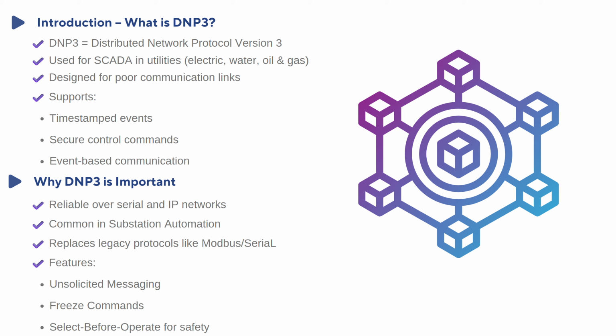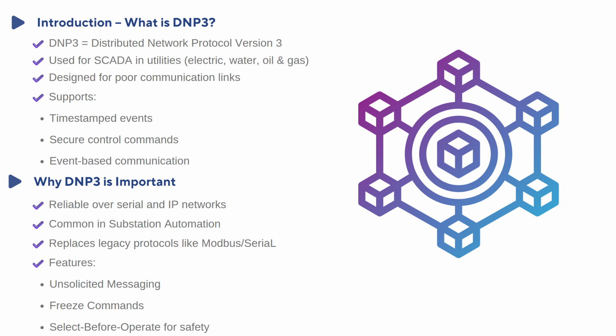Then there is secure control of commands. We have different command function codes available in DNP3, like write, select, operate, and direct operate. What is the use of these commands? Suppose there is a critical application like a circuit breaker, where two types of commands are available. One is direct operate. Once the operator clicks on the command, it goes directly to the breaker and the breaker will turn on or turn off. But we can also use select before operate,